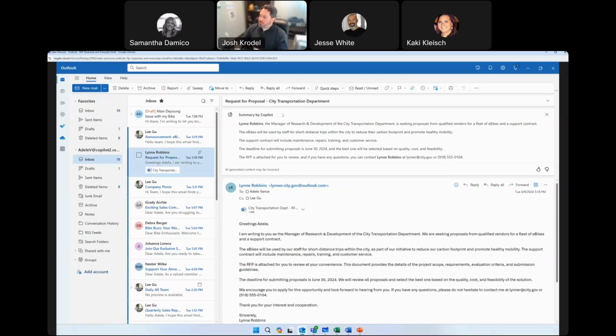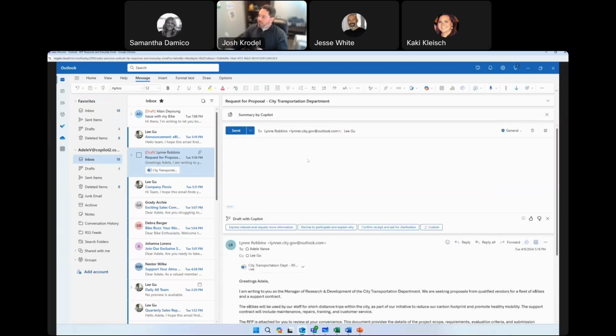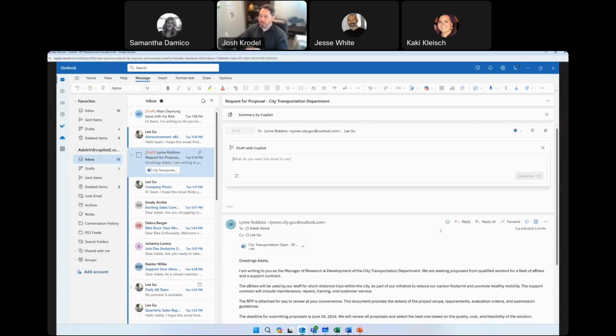So understanding this, we can now reply to the email appropriately. And from here, we have suggestions from Copilot by default to help us get started on our response, or we could tailor a custom prompt for Copilot to work with. So in this example, we'll click Custom, and we can just summarize what we want this email to say. We basically want to accept this RFP, let her know that we will review it and get back to her shortly with any questions. Now,